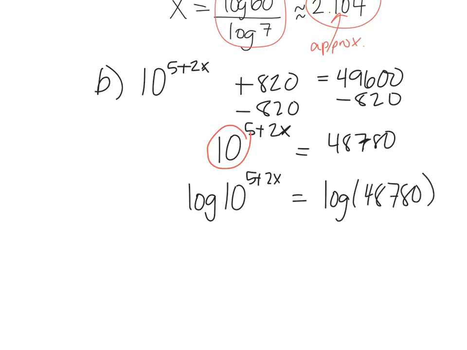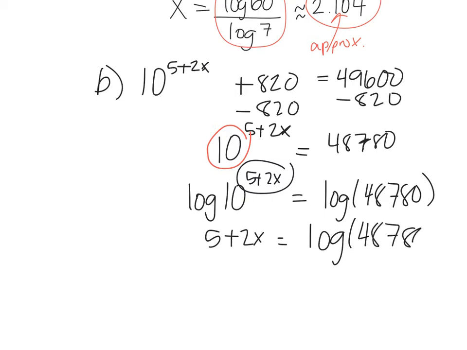Okay, so now if I remember my basic properties from a couple classes ago, this is equal to just my exponent. So I get 5 plus 2x equals the log of 48,780. Now I just have to solve for x. So I'm going to subtract 5, so I get 2x equals